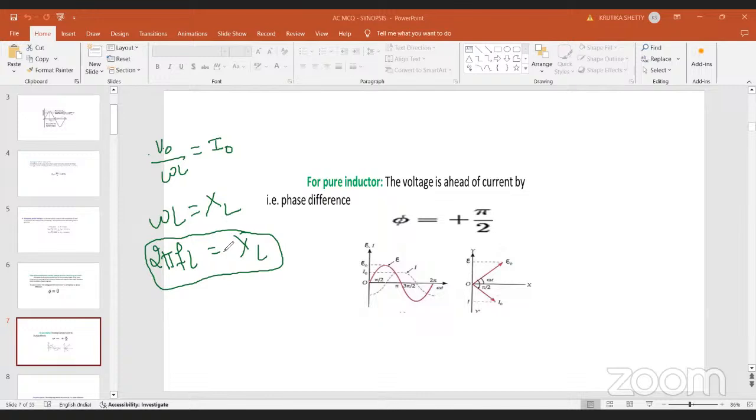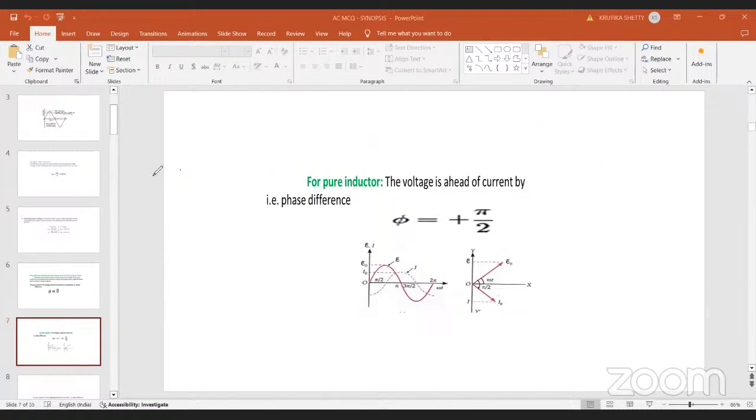To calculate the inductive reactance, you need the angular frequency. If you don't know the angular frequency, at least you should know the linear frequency. L is the self inductance, or you can just say inductance. Here in the question they have asked you for XL, but they have not given you omega or F. But you have to find XL. Then what will you do here, students? Always remember, suppose in the question you need F and there is no other way to calculate without F,